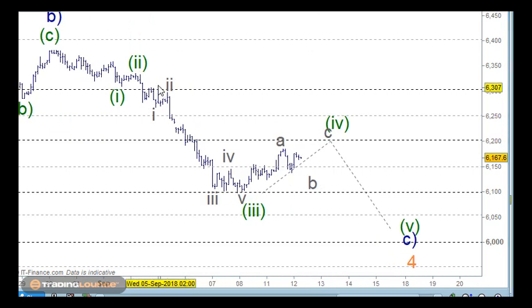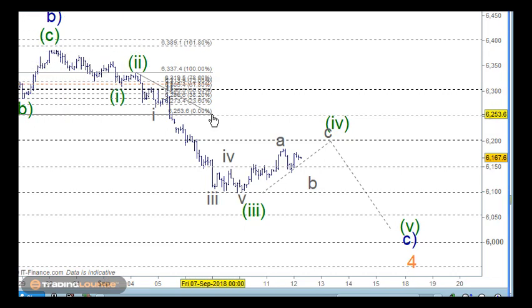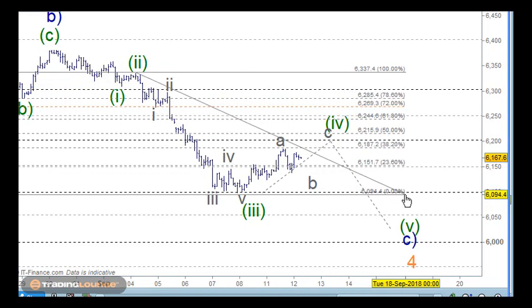I'd better double check that. Yeah, so that comes in there already. So it's possible there's a top in play here, but the problem with that is that from this low here, we'll look at this in a moment, I can count 5 waves up for wave A here. So wave A, wave B and wave C. So I just don't think that it's finished yet, that's all.